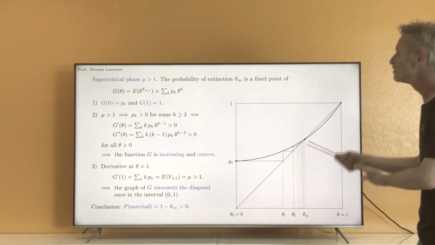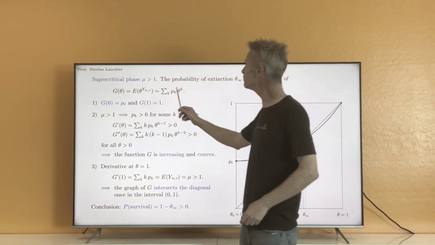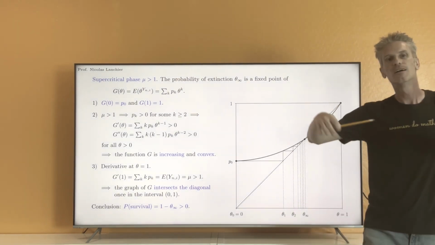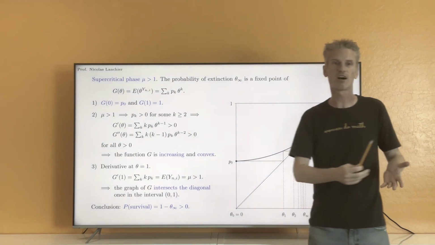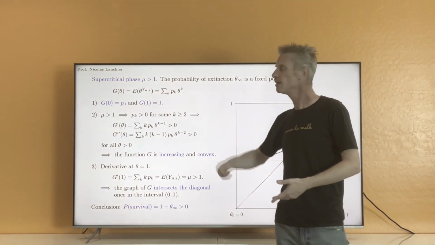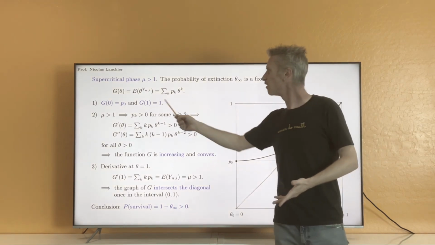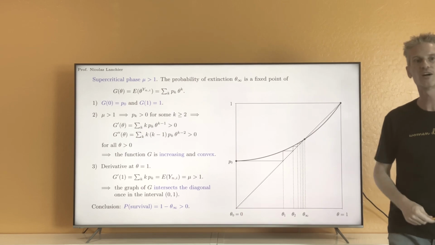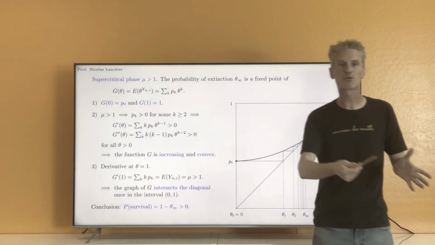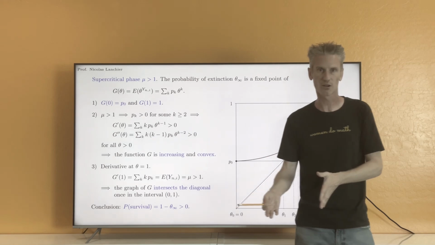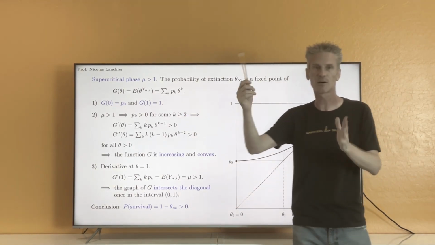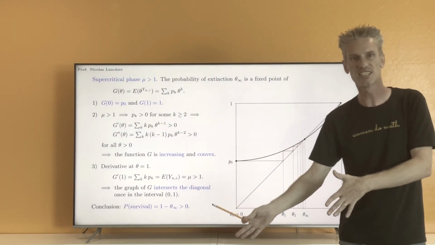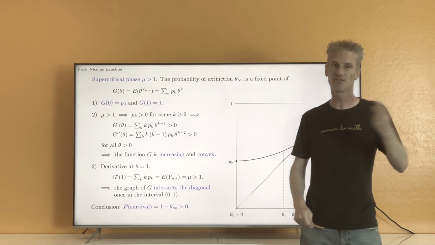Of course, things become more complicated if many of those pk's are strictly positive. There are special cases where all the pk's are strictly positive, and we can still find theta infinity exactly. The most popular example is where the offspring distribution is a shifted geometric random variable, in which case all the pk's are positive, but you can write this infinite sum explicitly, find the zeros of this sum, and again get theta infinity.